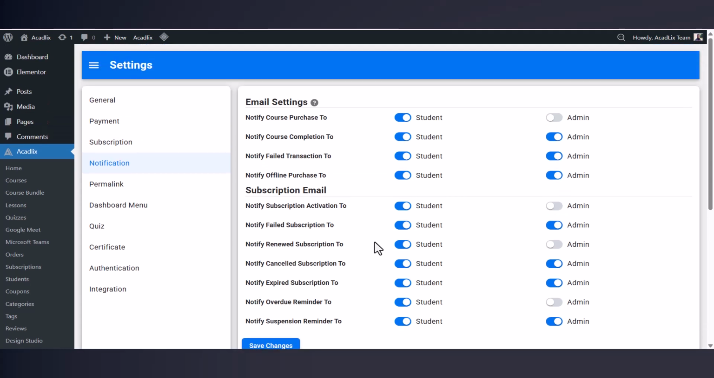The notification settings module gives you complete control over the automated emails in Acadelyx. You can decide exactly which notification should be sent to students and administrators for each important event. Configure these settings to create a professional and